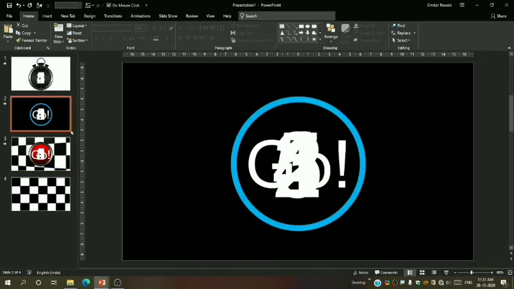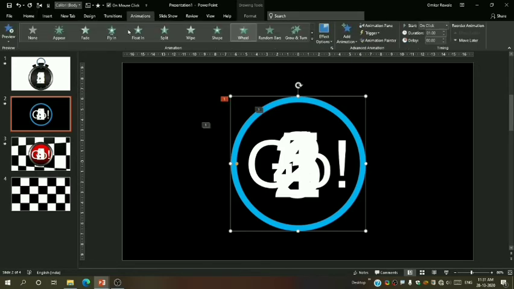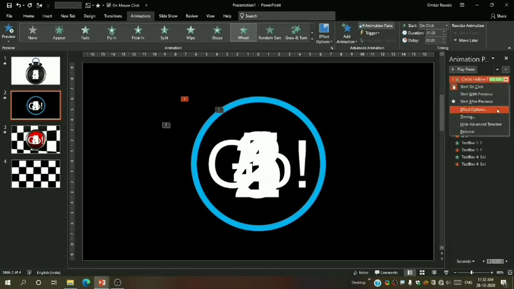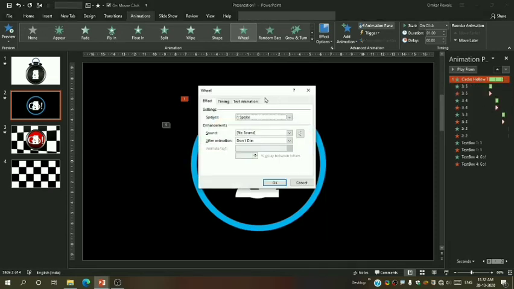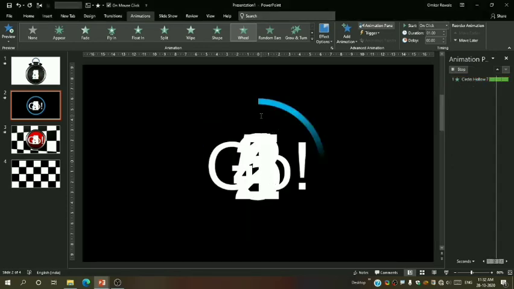Only the thing is you must know the animation. So let me quickly explain this one's animation. Only the new one is this animation. So I have again used the hollow circle for this. Let me open the animation pane and show you. See, circle hollow. I have given the wheel animation, and here I right click and go to effect options and then go to timing, and here repeat, select this. Now since I have made the countdown watch of 5 seconds, I will select number 5 and say OK. So it will continuously repeat 5 times.